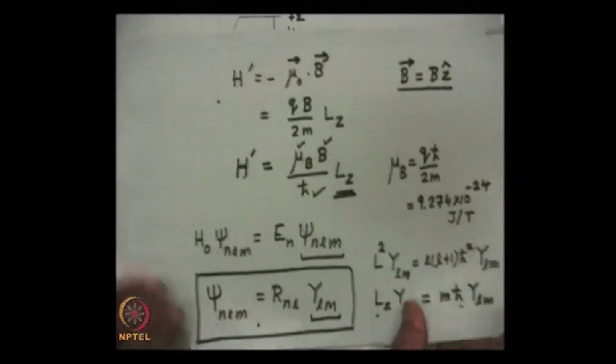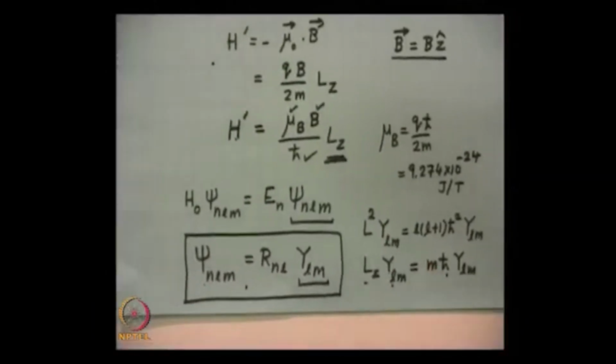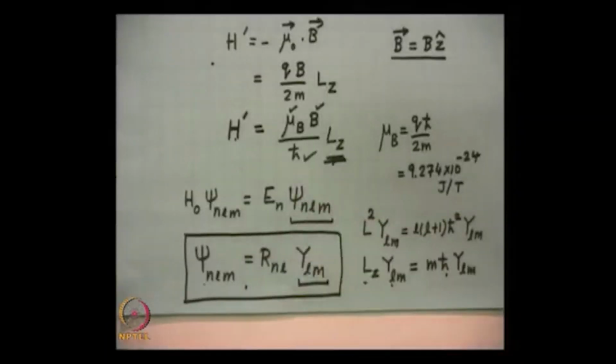So if I am able to neglect the spin term, then the interaction occurs only with the orbital motion. If the spin term is 0, then my Hamiltonian is proportional to Lz, and fortunately we have a representation which is an eigenfunction of Lz, and so we have a representation in which H prime is diagonal,